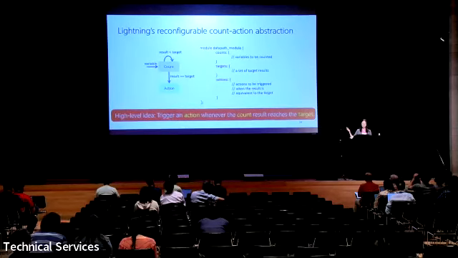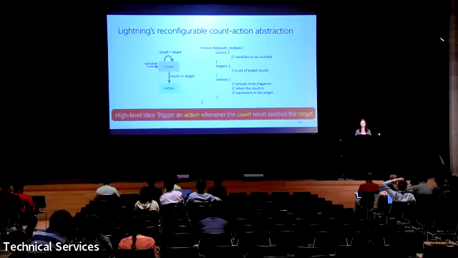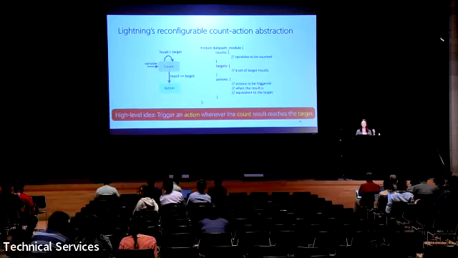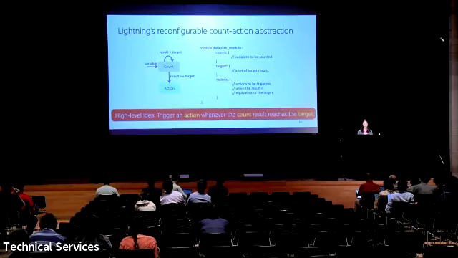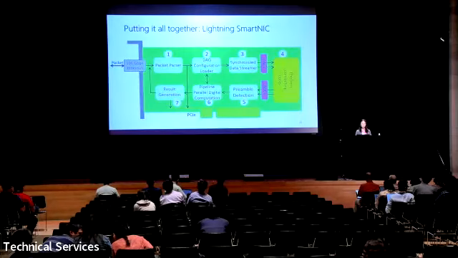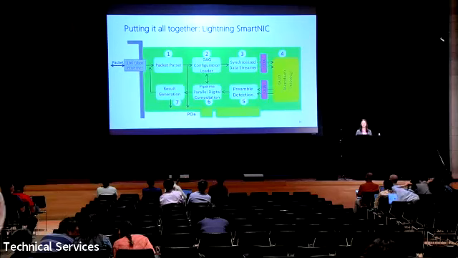Here, the count primitive keeps accumulating the specialized variable across digital data plane clock cycles. Once the result reaches the target, the count variable will be set back to 0, and we perform some action to trigger photonic computing. This is very similar to the concept in programmable switches' match action table, but our count action logic can provide more flexibility and runtime reconfiguration. Putting this all together, we use this reconfigurable count action abstraction to connect the digital part and the photonic part.